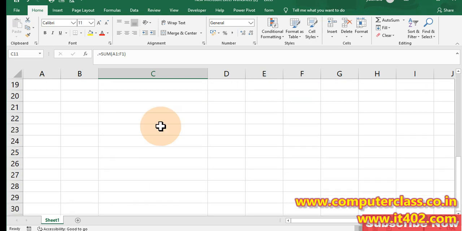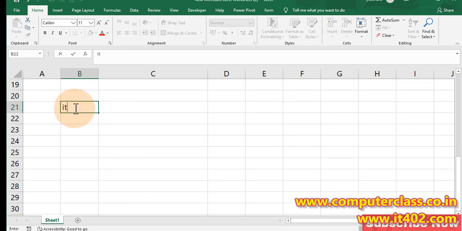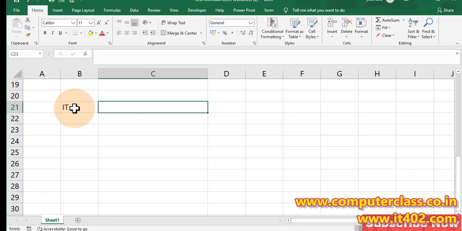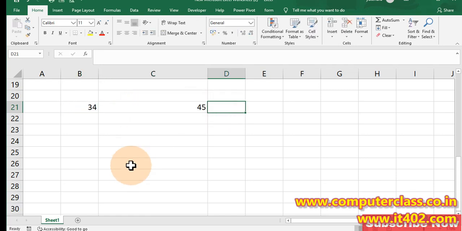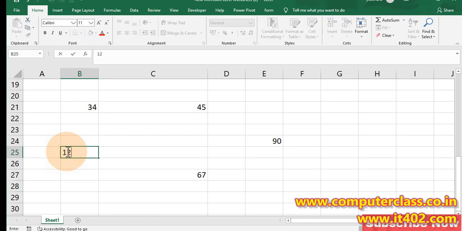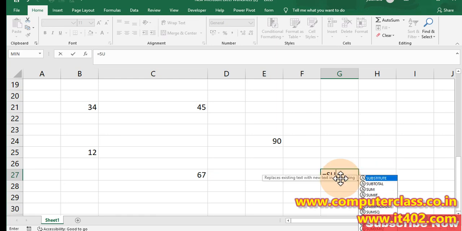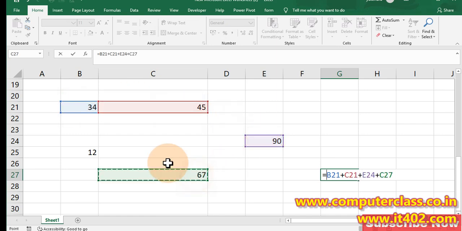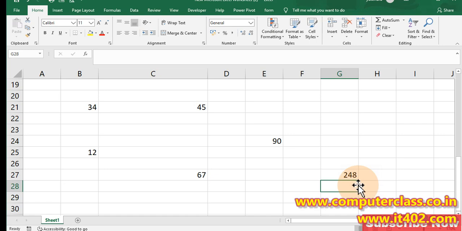The main difference is that, suppose this is the format, and you need to sum all these numbers. I am just taking random numbers: 34, 45, 67, 90, 12. If I want to sum with the help of cell addresses, I can use the formula like that, equal to this one plus this one plus this one plus this one plus this one, exactly 248.